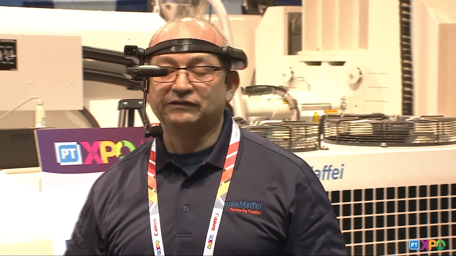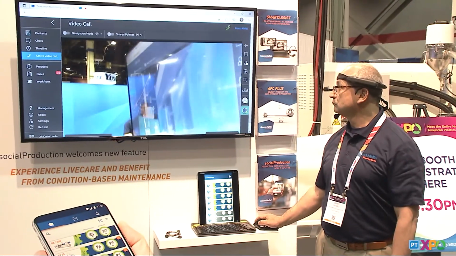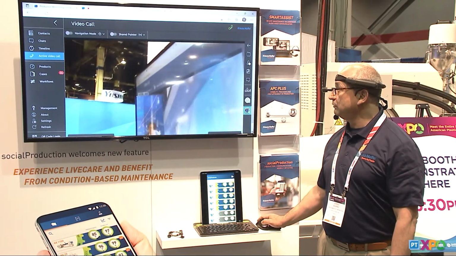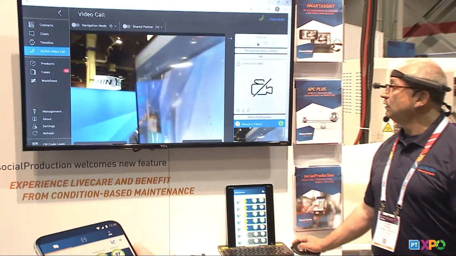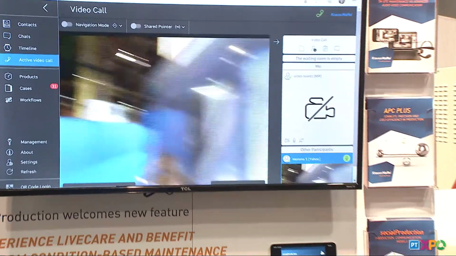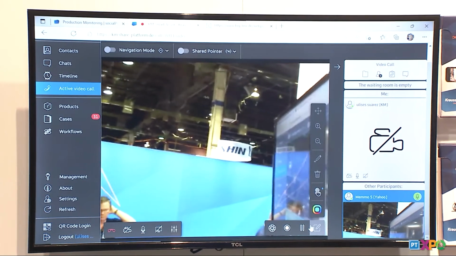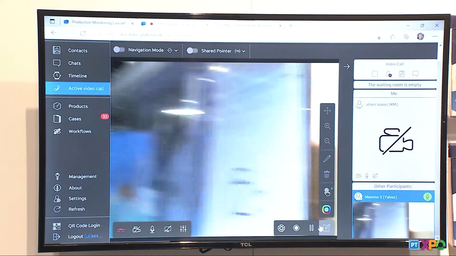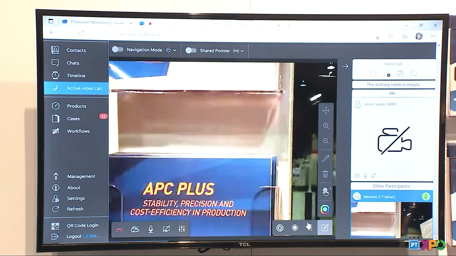So the Smart Assist, with the tools we have on our application, we can freeze the image. Let's say, for instance, I'm sorry, I'm going to give you the back, but I just want to take a quick